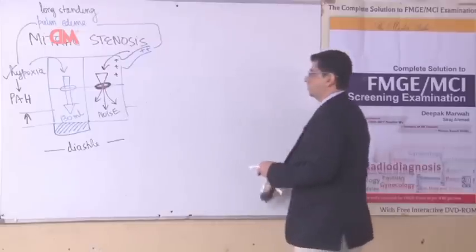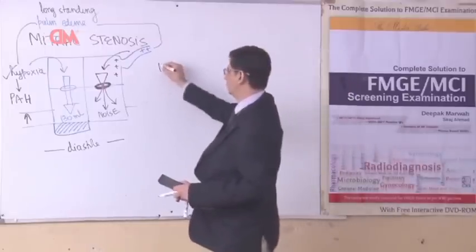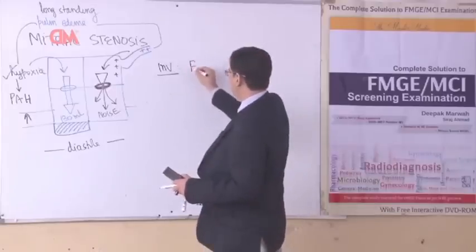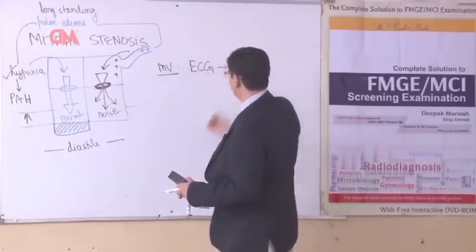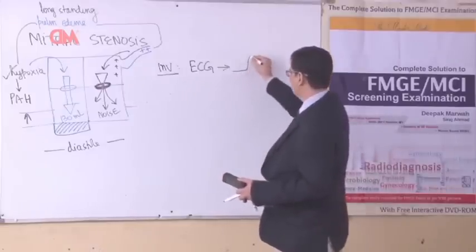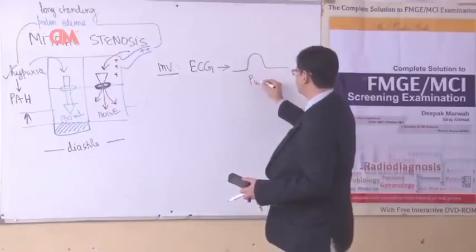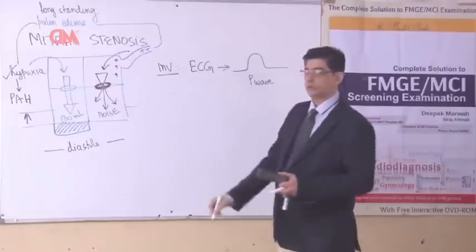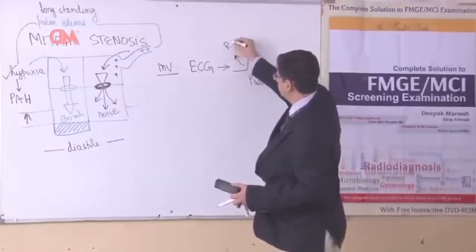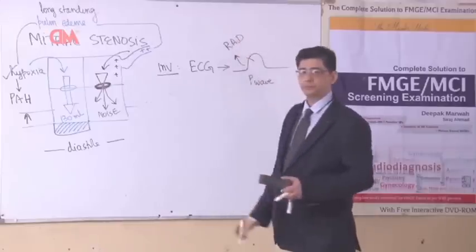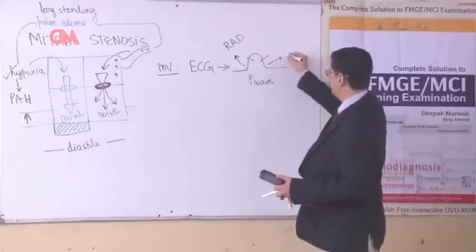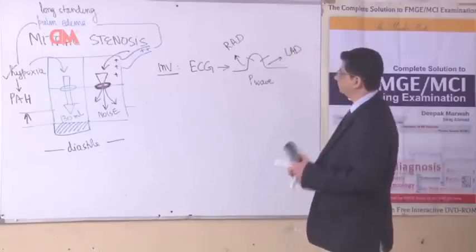When it comes to investigations in patients of mitral stenosis, the investigation of choice would obviously be a transthoracic echo, but we would like to do an ECG and an X-ray in the patient first. When it comes to the ECG, all of you are familiar with the fact that the first wave of the ECG is the P wave. The initial upswing, some part of it, indicates right atrial depolarization. And the downswing component of the P wave represents left atrial depolarization.